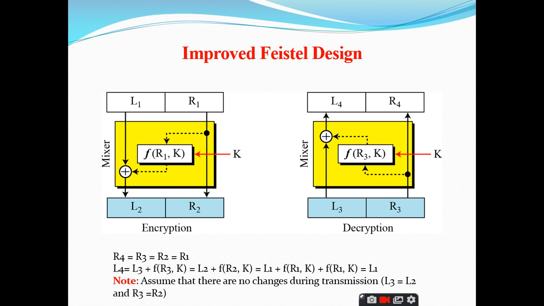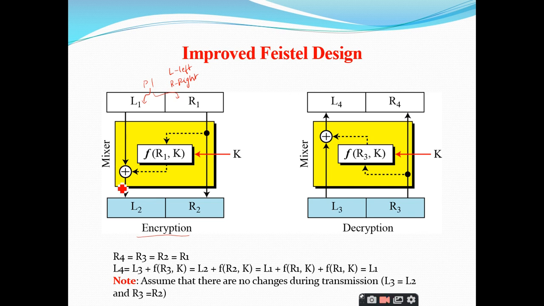Right. So this is an improved Feistel design. As I told, the basic design or the first thought of the Feistel is not that efficient, and he wants to improve that idea. So he has gone with another idea. Look here. This is the plain text, at the encryption side. The plain text is divided into 2 equal parts, the L part and the right part. L stands for left part and R stands for the right part. So initially the plain text P1 is divided into L1 and R1.